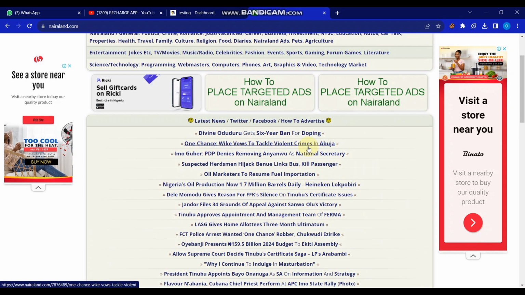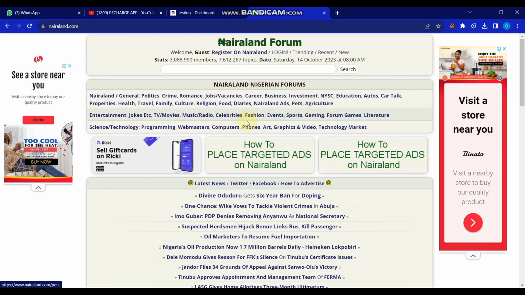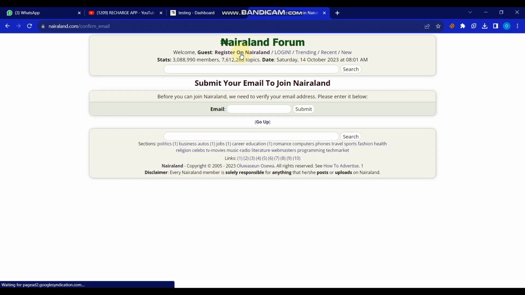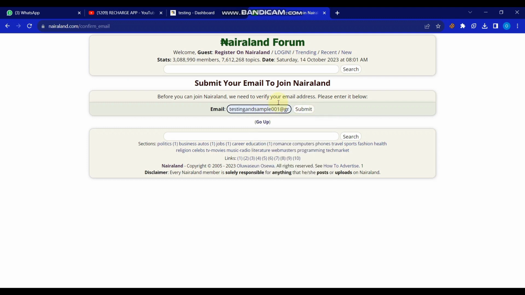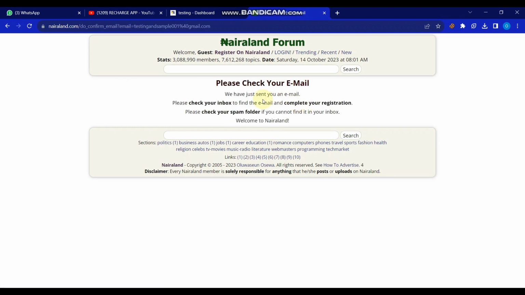So the first thing you need to do once you visit NAIRALAND, if you have an account, you just need to log in. But if you don't have an account, you're going to need to register on this platform. So I am going to register right now by clicking on this register on NAIRALAND over here, and then you are going to be asked to input your email. Now once you input your email, you click on submit over here,